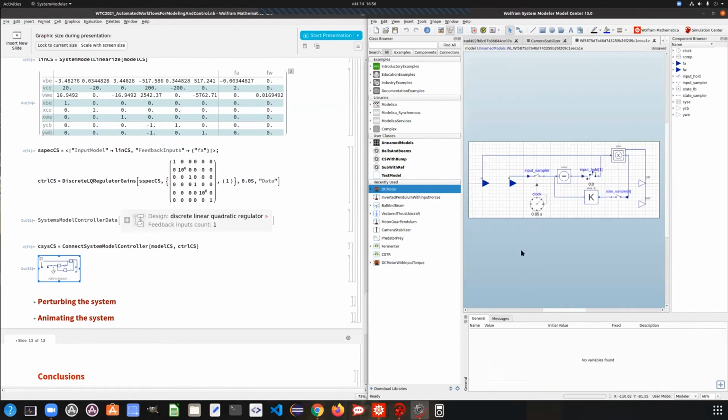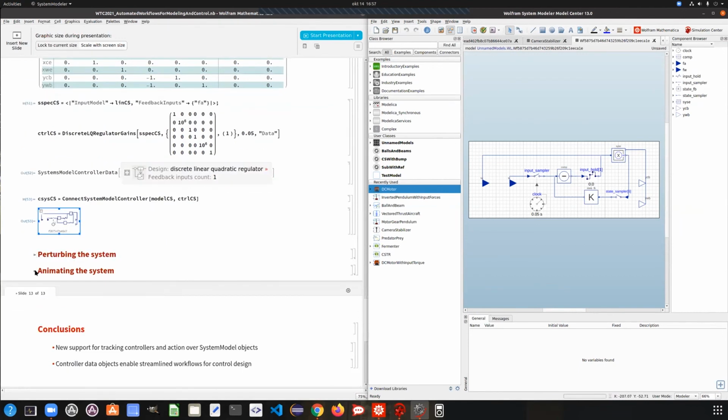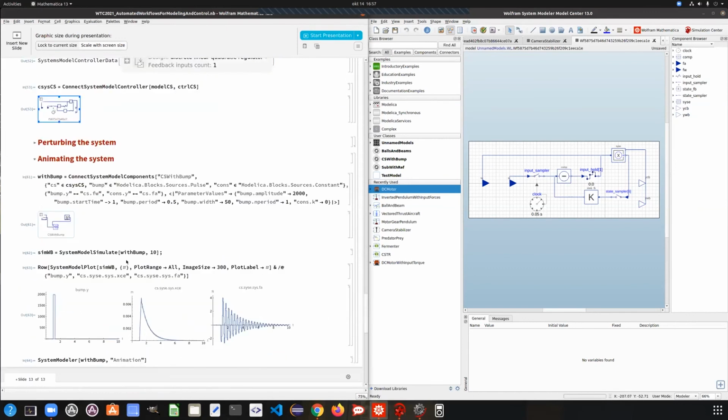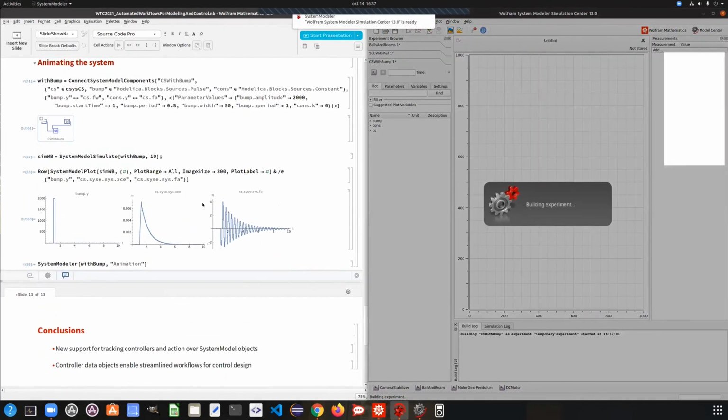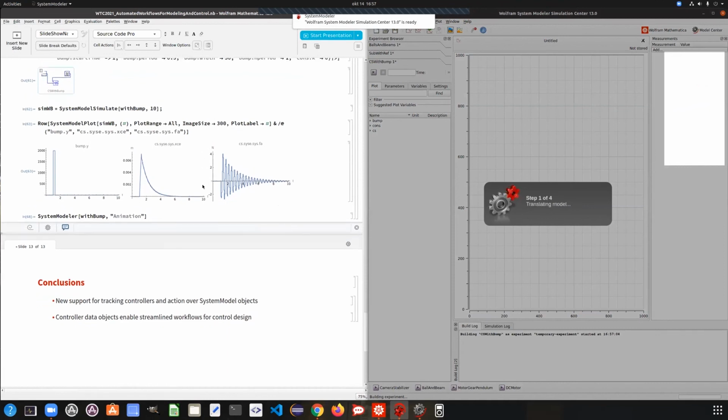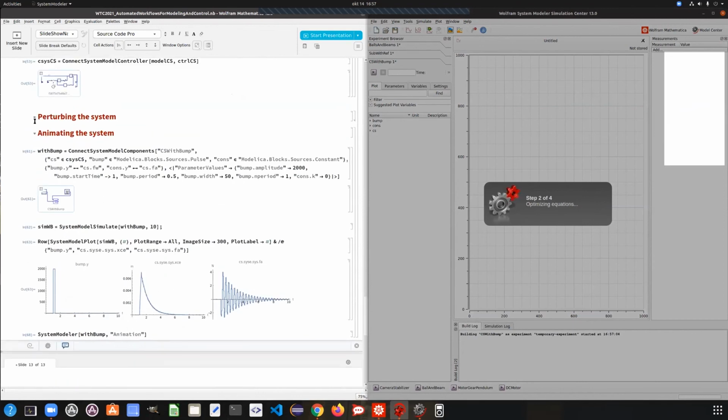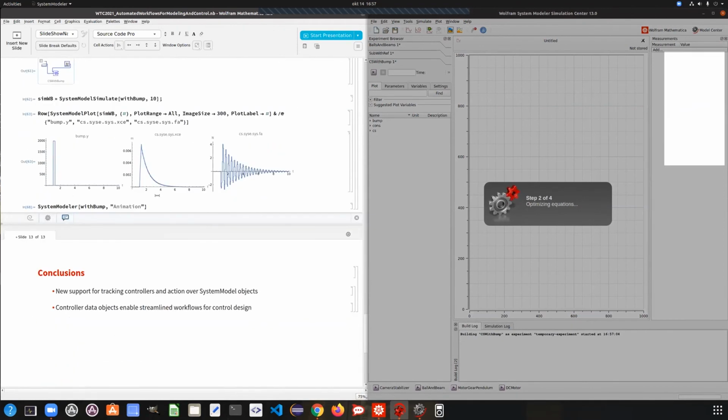The model that we obtain is, in this case, because I requested it, a discrete model. So we have a sampling period of 0.05 seconds. We perturb the system, and we can also generate an animation. Let me jump directly to the animation to see if we get it running with enough time. Right, and just to conclude while the animation runs,